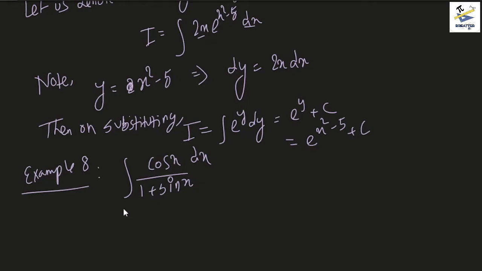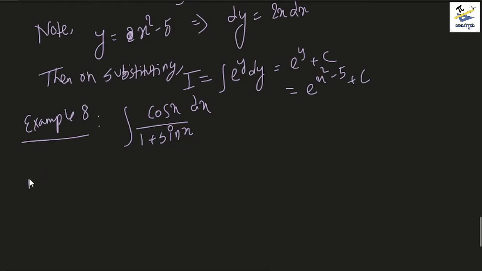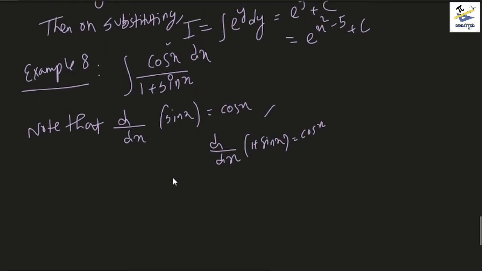So this one looks a bit more tedious than before, but note that d/dx of sine x is just cos x, right? So as we can see, cos x dx is present in the numerator and 1 plus sine x is in the denominator. So if the derivative of sine x is cos x, then the derivative of 1 plus sine x should also be cos x, right? So rather than going for the substitution y equals sine x, we can directly go for the substitution 1 plus sine x, then